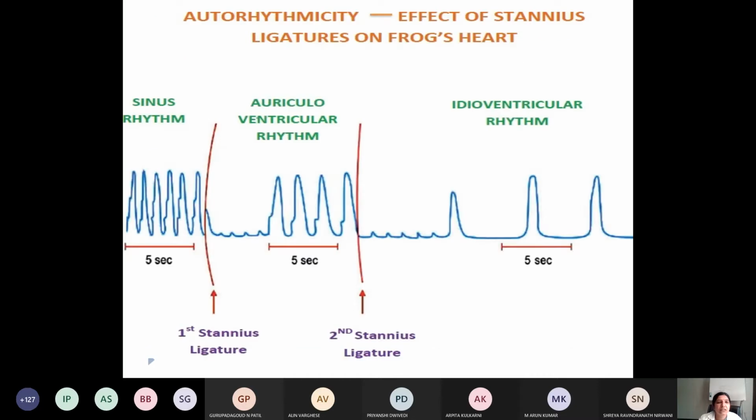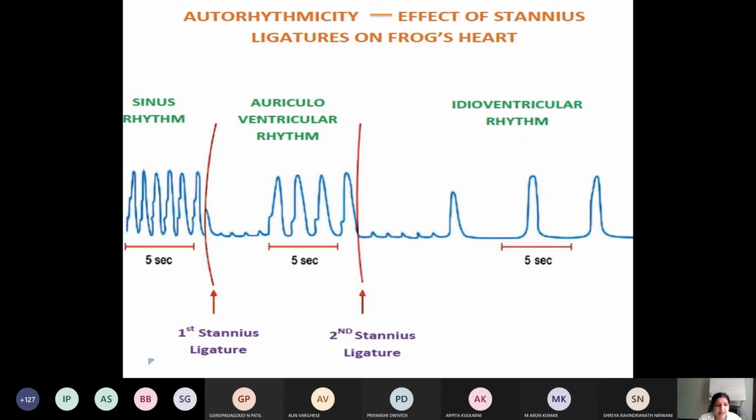So this graph is not about the perfusion of ions or drugs. This we are going to study still when the heart is in situ, that is, in the body of the frog itself. This graph you will get in the exam also. You have to interpret the graph. This is a graph of heart muscle properties. One of the properties studied here is autorhythmicity, by applying a strenuous ligature on the frog's heart.